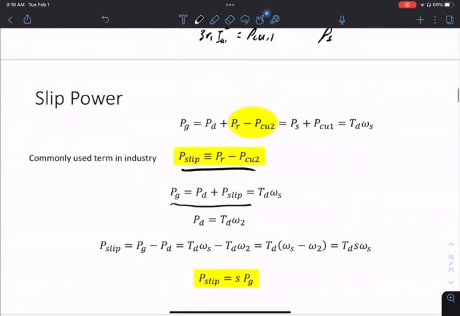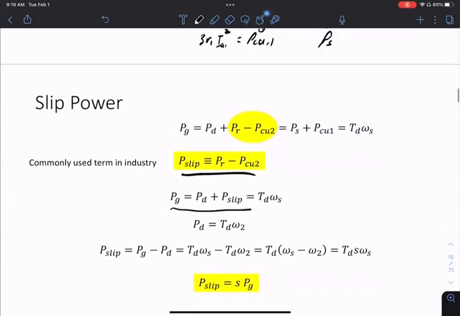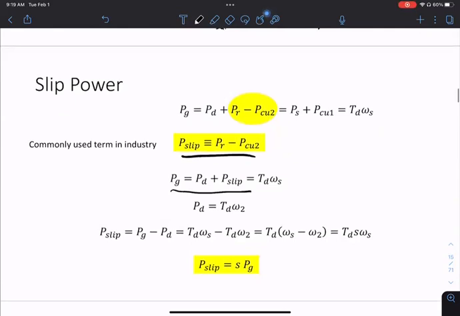Okay. So this, we call this Pslip. And then the reason we call this, so Pslip also has a fairly easy formula that you can compute it with. Okay. So what Pslip has is, there's an easy formula for it. Because if you subtract these two, you subtract PG from PD, you do this subtraction,